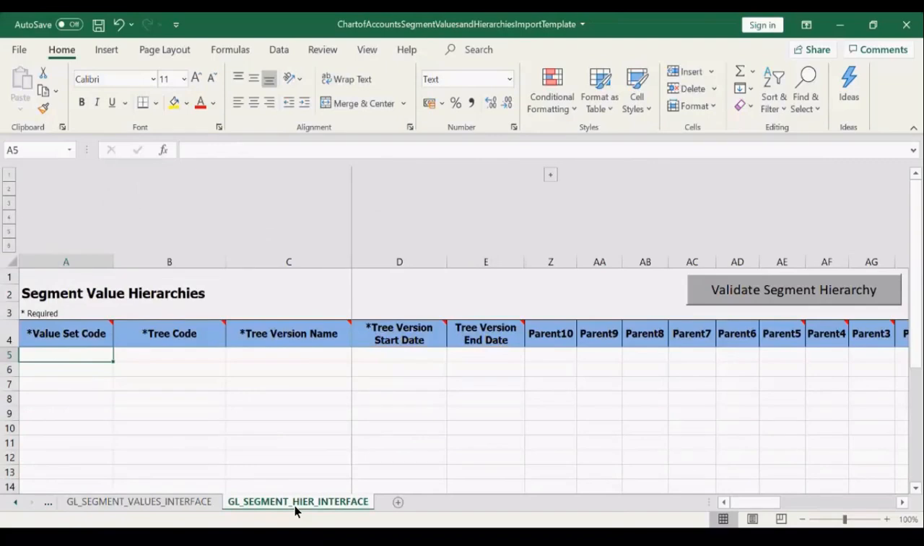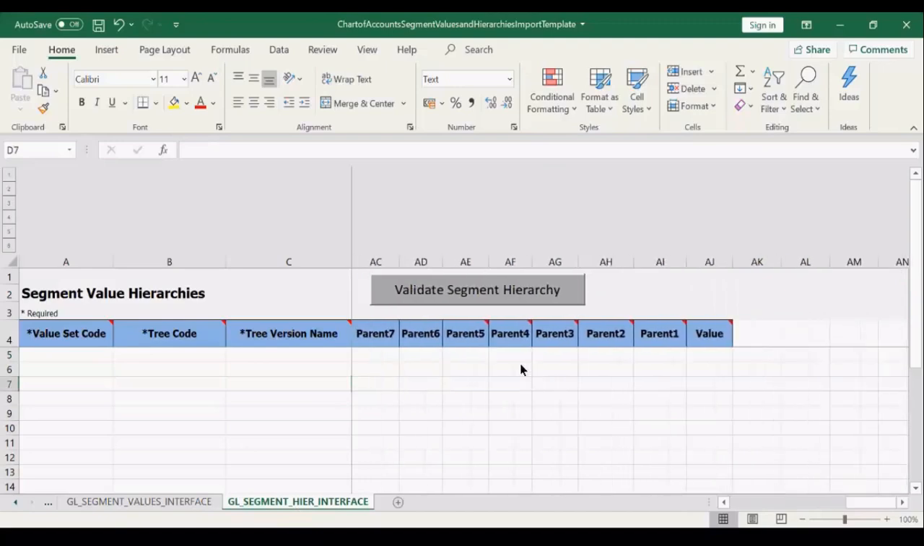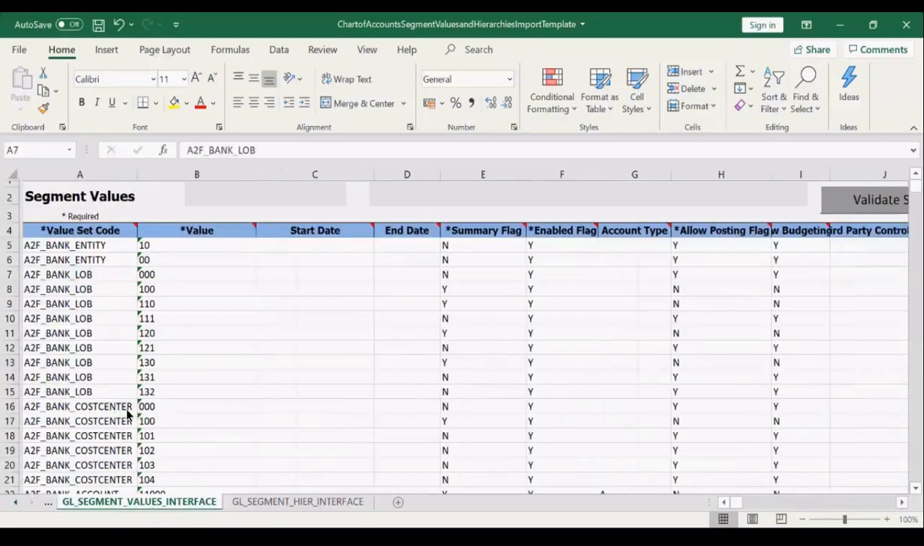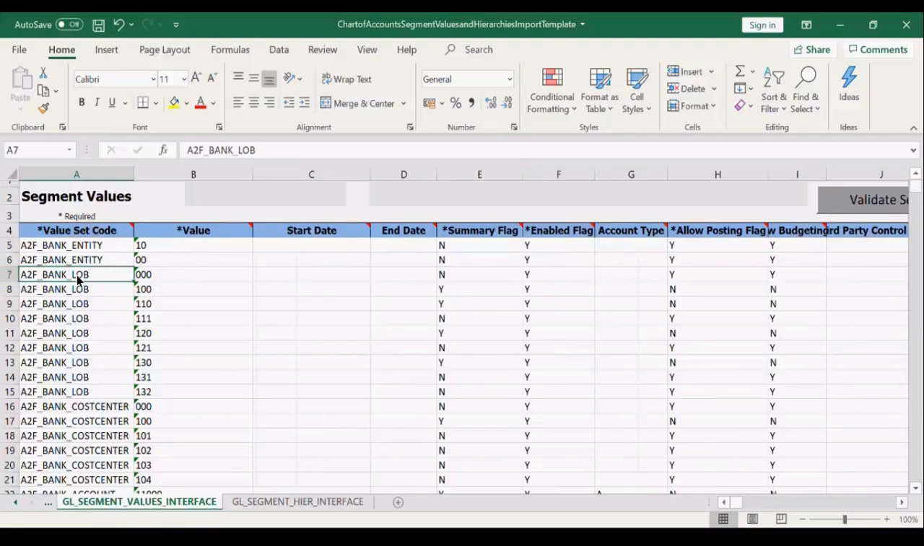So we have to fill up the value set code here and the tree code, tree name, tree version, start date, end date, and we have to give up the hierarchies in this particular section. So let's give us, for entity we don't have anything, for LOB we just have